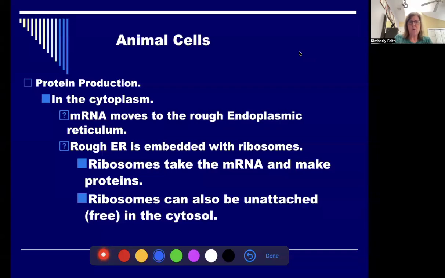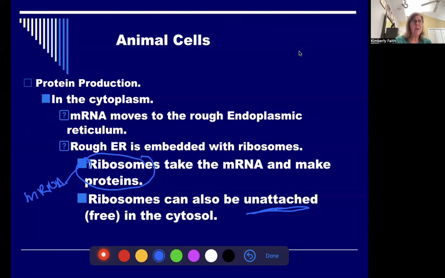is going to hook up to a ribosome, right? So it's going to go to the ribosome. The ribosome is unattached, it's free. This is kind of out of order here, I apologize. So the ribosome is going to take the messenger RNA. Ribosomes start off free, meaning that they're just floating around in the cytosol. There are instructions in the first part of that messenger RNA to tell it that it's okay to make that